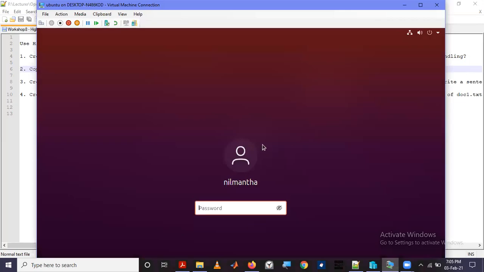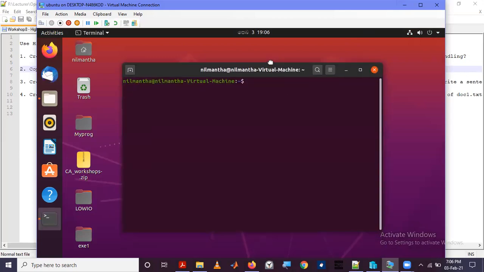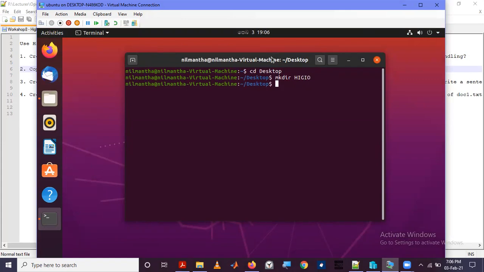Okay, so just log into your Ubuntu and open the terminal. Open the terminal, then change the directory to desktop, and I'll create a new directory called high IO.